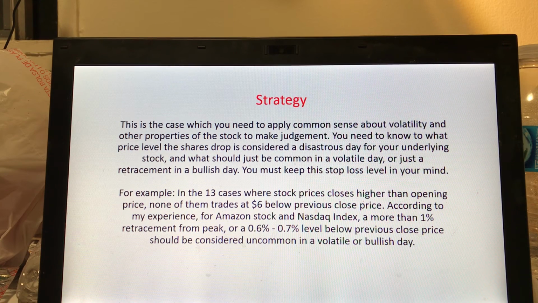So that's why we say that if you trade options, we definitely want to trade options with very high liquidity, traded with the companies you know, and you not only know about the company's news and products and information, you should also know about their stock price behavior, know about their volatility and their trend in the recent days.